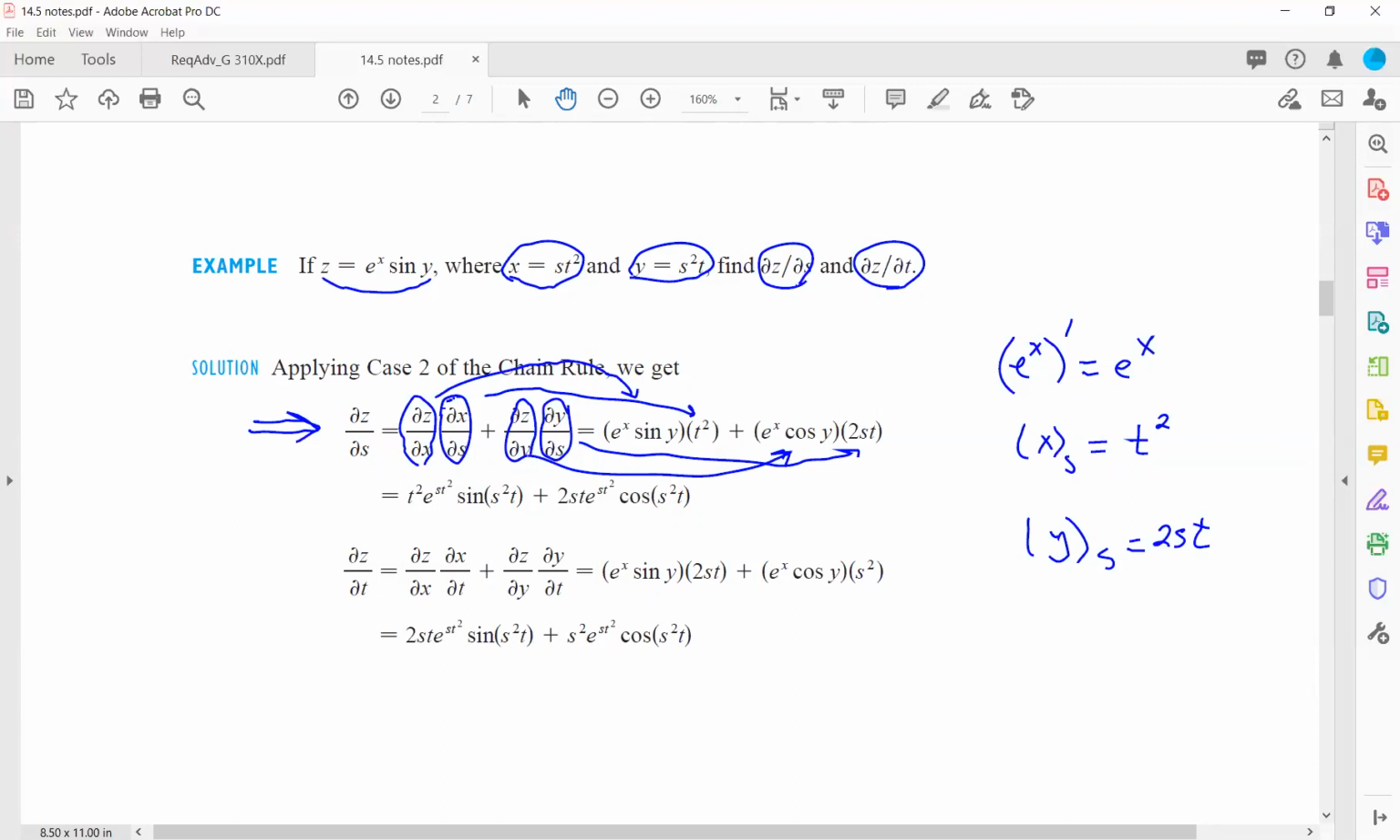We have to find the partial derivative of z with respect to t. The same process. Find the partial derivative of z with respect to x. You already found this guy, e to the x sine y. Partial derivative of x with respect to t. Where is my x? X is here. Partial derivative of x with respect to t. You get 2st